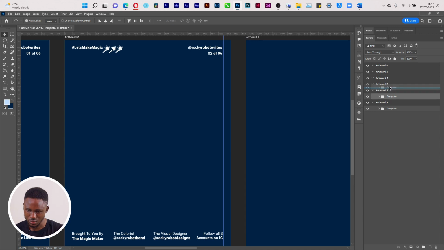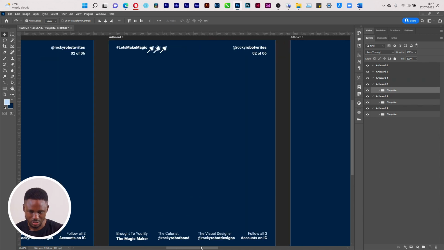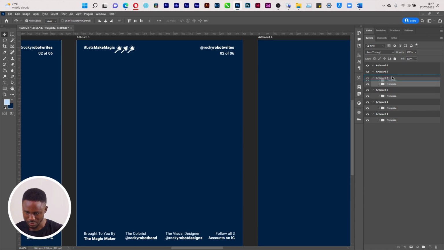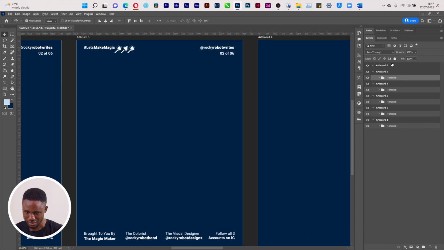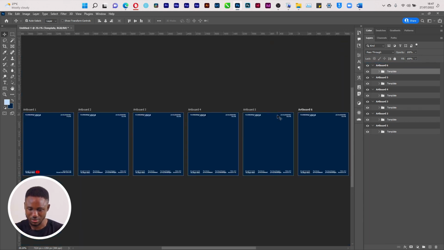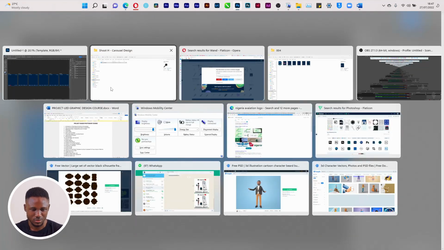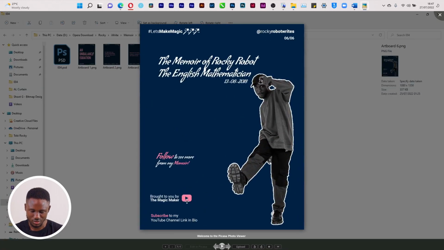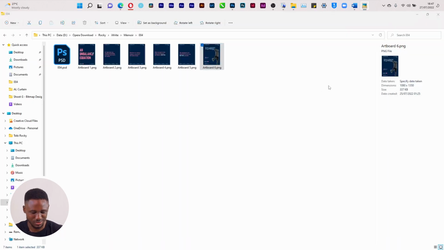So the next thing we do is Alt click and drag it to artboard 3. You see that it replicates the same information there. Alt click and drag to artboard 4, artboard 5, artboard 6. Let's zoom out, Ctrl 0, so that everything is copied there. But then, if you remember, in the last page, we still want to lay emphasis on the YouTube channel. So the next thing we do is we go in